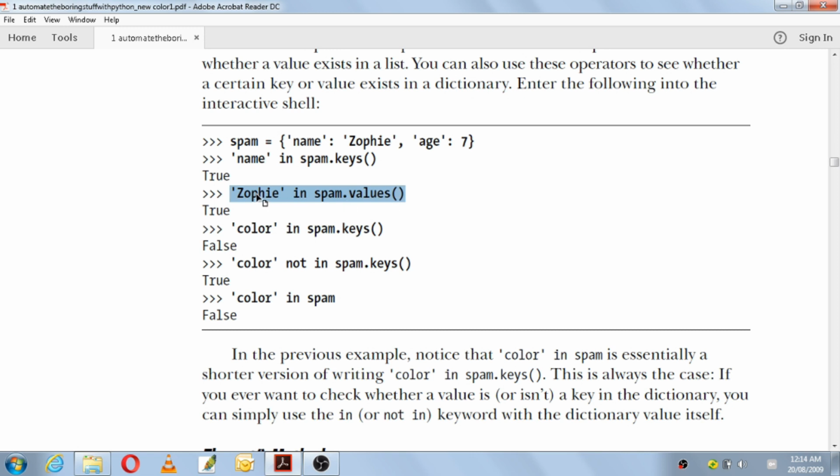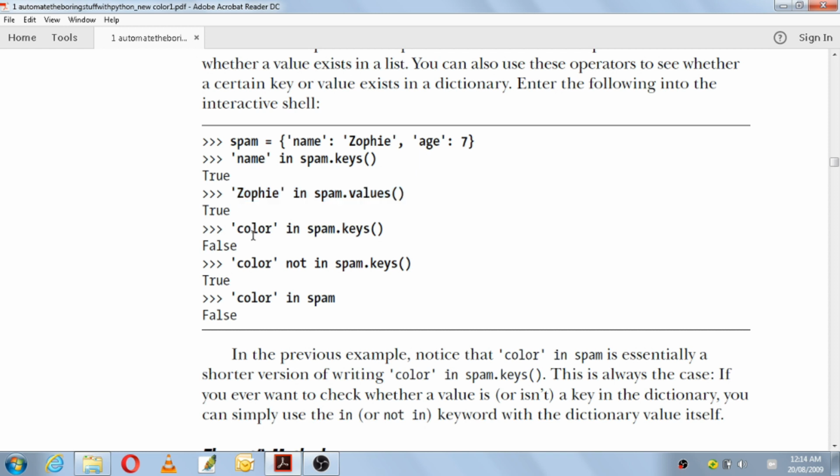From spam.values you can see that Zophie is a value, and the operator used here is the in operator. The values method will iterate through all the values of the dictionary and check whether the Zophie value is available. Zophie is there, so it will show true.